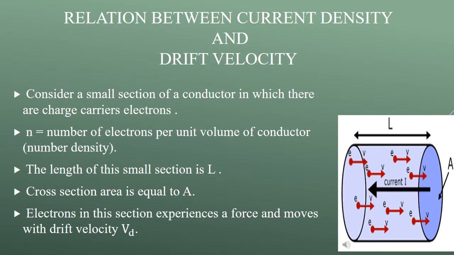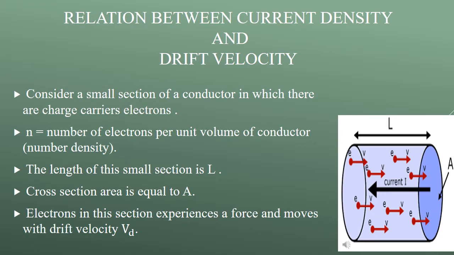Now let's start with the topic, which is the relation between current density and drift velocity. We will derive the relation between current density, electric current and drift velocity. We know what electric current is. The charge passing through a cross section in time t, then in 1 second the charge passing is I equals q upon t, and that is the measurement of electric current. This is our fundamental relation. Now we have to change this relationship with the expression of drift velocity.